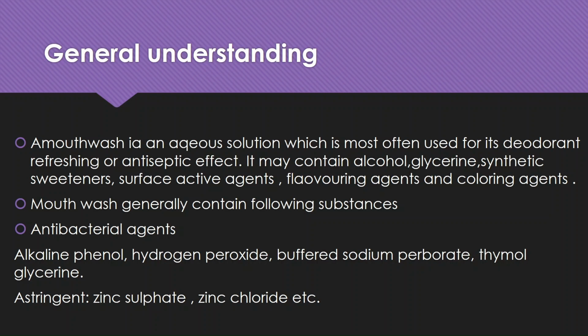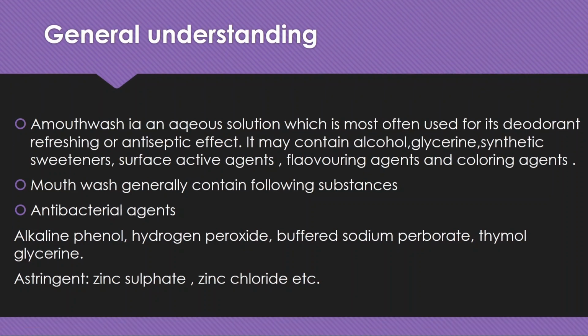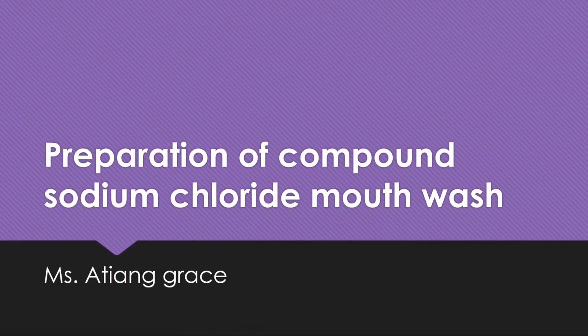So these are some examples of the antibacterial active pharmaceutical ingredient. And then we have the astringent active pharmaceutical ingredients, which include zinc sulfate, zinc chloride, and so many others. So we are going to look at one of the mouthwashes,